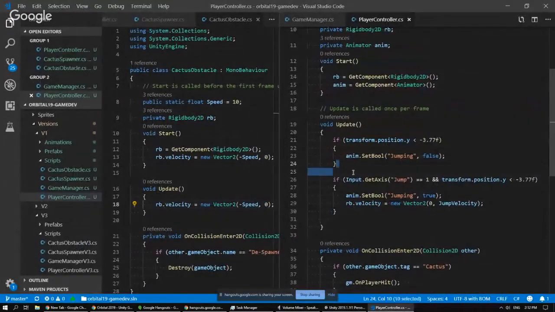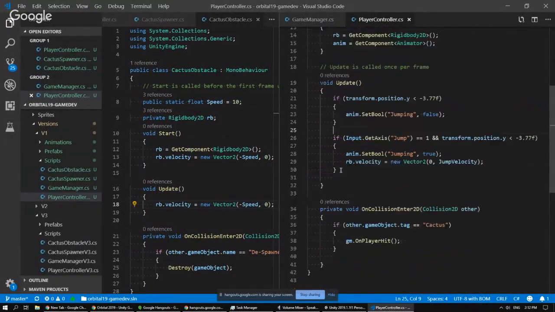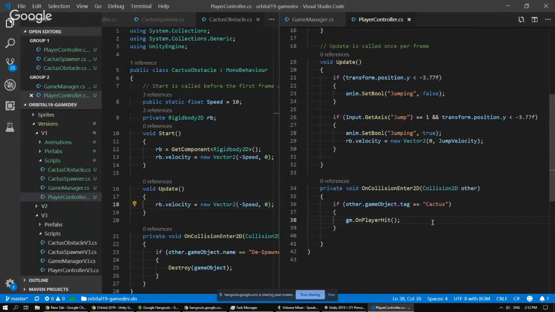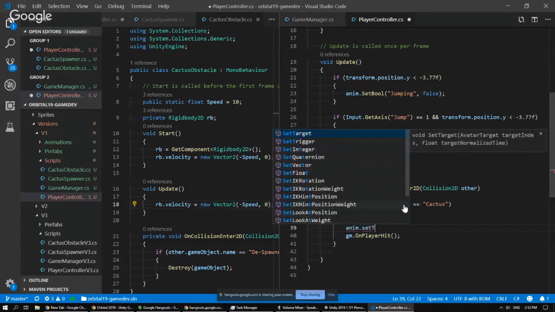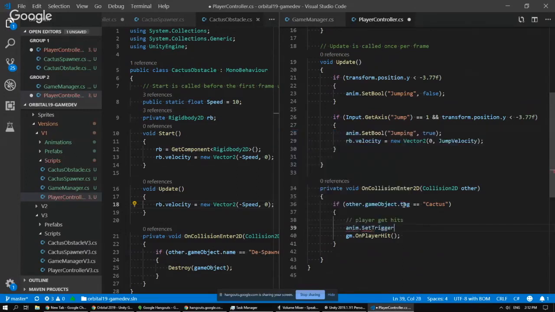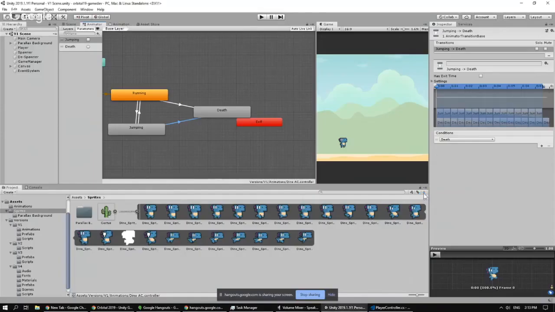And programmatically, we need to do something about it. So over here, this is basically when the player gets hit. So all we have to do is anim.SetTrigger, and then we just put the name, which is death. So it's a very apt name. And if everything goes correctly,